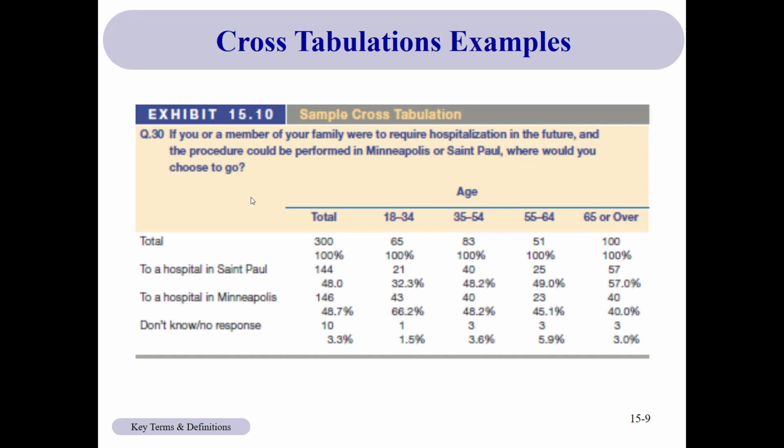So just based upon this first column, 144 and 146, 48.0 and 48.7, they are pretty much